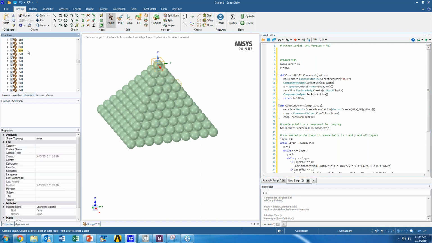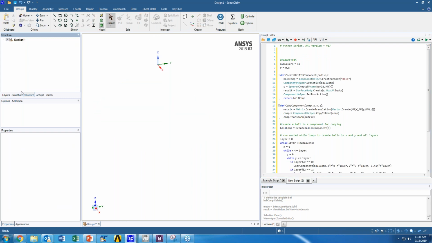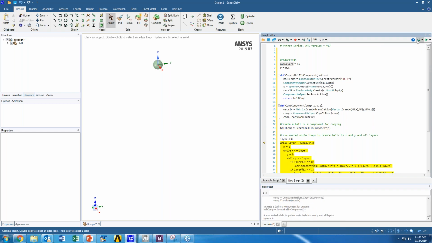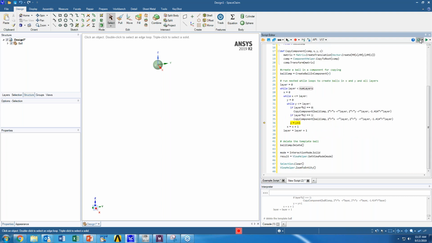And generally what I'll like to do in a case like this is I'll start with none of the CAD, and I'll step into the code at line 1, and step by step get an understanding of how this thing is being created, right? So I can see first there was an initial ball created. I'm establishing some variables. I'm still establishing variables. It looks like I just copied a component, copying components. I could maybe hover over something if I wanted to see exactly what was going on. It looks like it's developing a list.